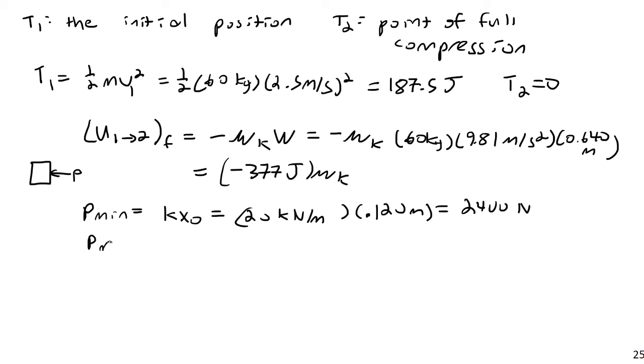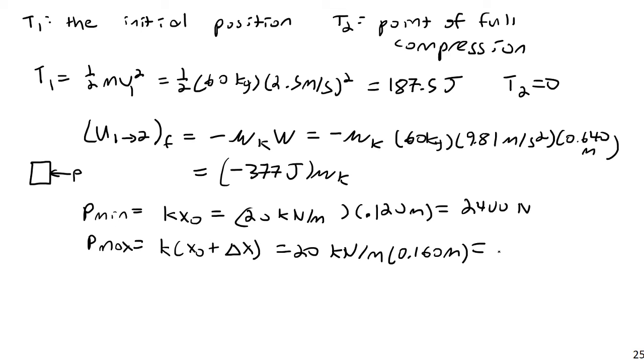P max equals K times x naught plus delta x, the initial compression plus the change in compression. So that's going to be 20 kilonewtons per meter times 0.160 meters. And this is equal to 3,200 newtons. And so therefore,